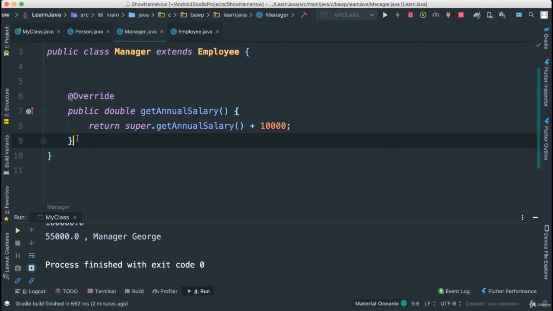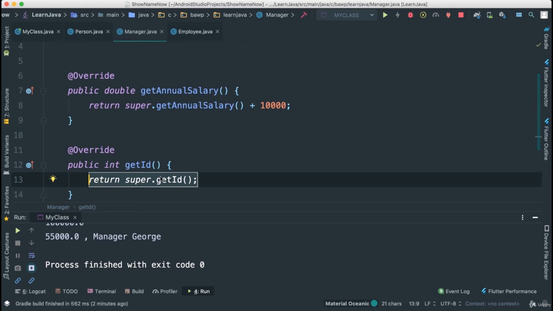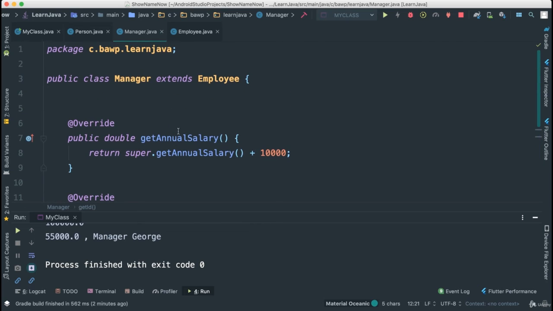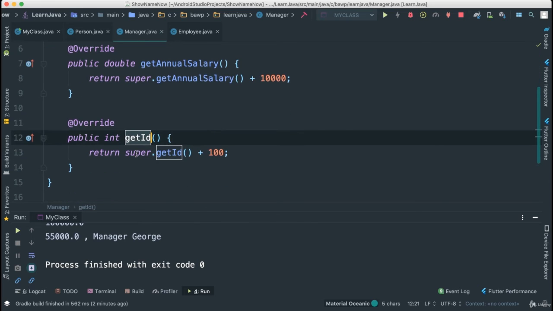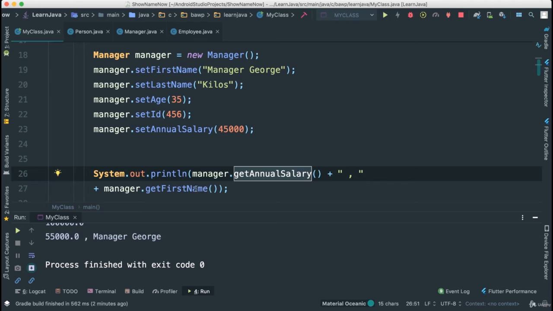Of course, we can do that with anything else, right? We can go ahead and say public, we can go ahead and say the ID. To get the ID, we're going to use the super ID, and we're going to append another 100 to the ID. That way, whenever we're getting ID for any manager, it's not going to get the ID from our employee. It's going to get the ID from our employee, but we're going to also add 100 to it so that it's differentiated. In fact, if we save this, come down here again and say